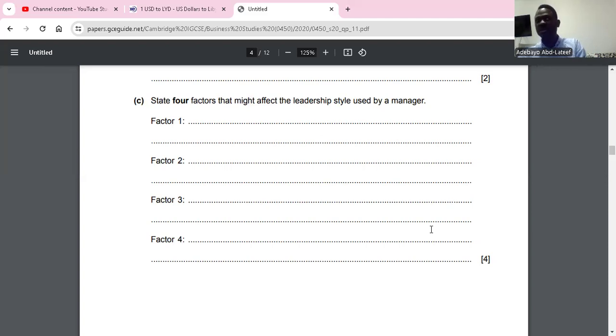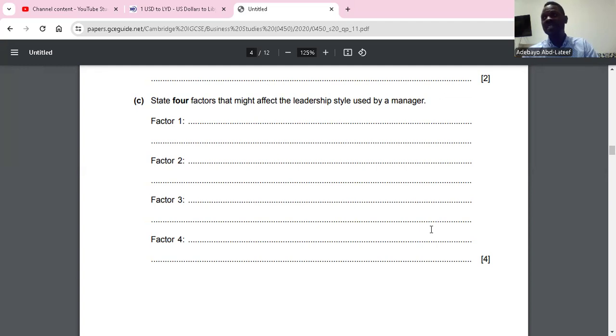And the last point, because it said 4 factors, I'm making four factors and explaining them: size of the business. How big or small the business is can also determine the leadership style that can be used. For a small business, you might think about democratic. Why? You have to think about democratic to carry along your workers, because a small business allows unofficial means of communication, and you can't do it all alone. For you to gain the trust of your workers or subordinates, you can use democratic leadership style. That means they give opinion, you give opinion, then you can use it for the business. I think it's clear. Yes.